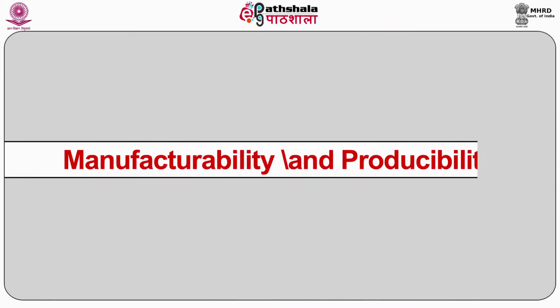Cost is another critical criterion in designing an aircraft, and this is directly linked with the total cost of the aircraft. The designer should take into account the cost of procuring and maintaining an aircraft while deciding the cost of designing an aircraft. Then the next one is manufacturability and producibility.